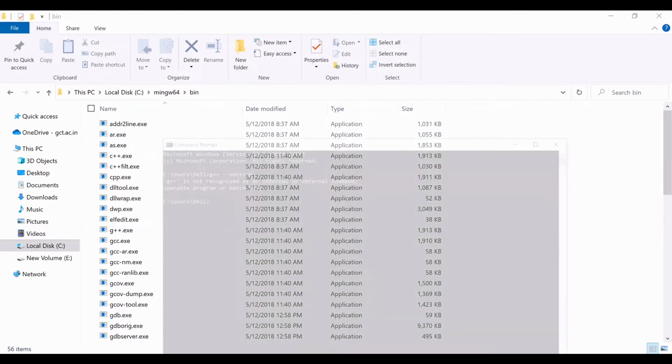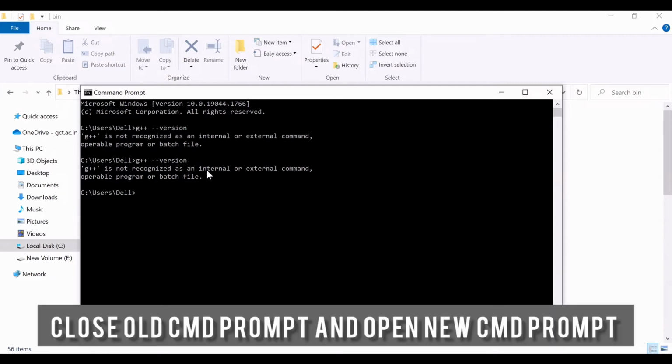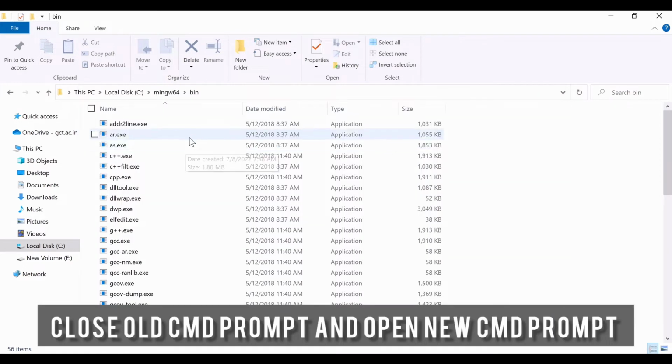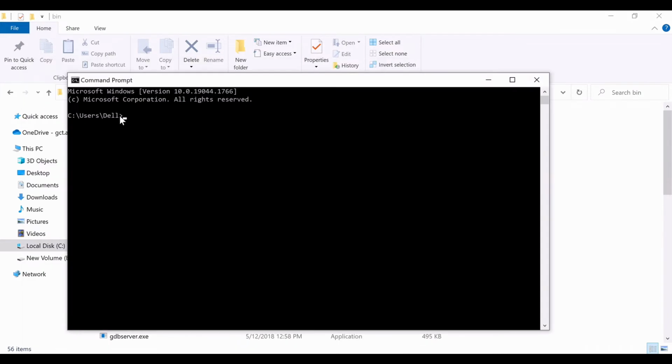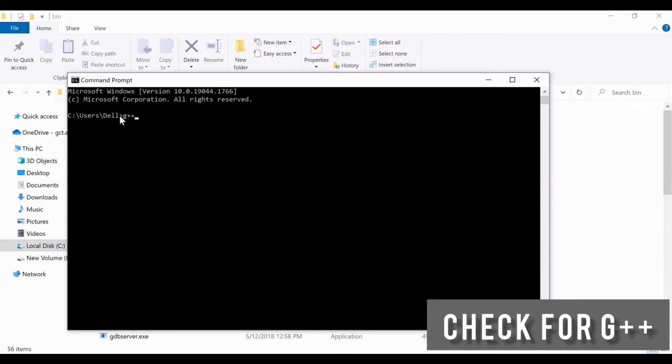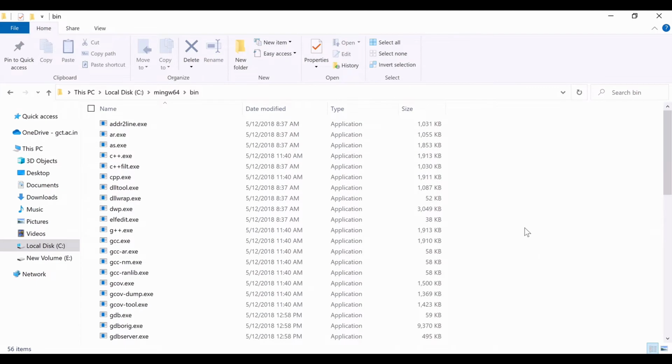Now let us go to the command prompt, type g++ space --version. Again it says that g++ is not recognized as an internal or external command. Now go to a new command prompt, type g++ space --version. Now you can see that the g++ version is installed. So let us compile a simple program